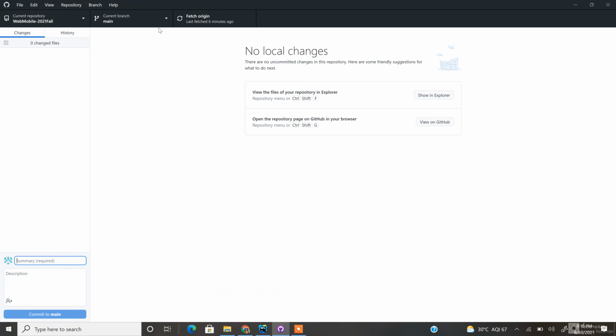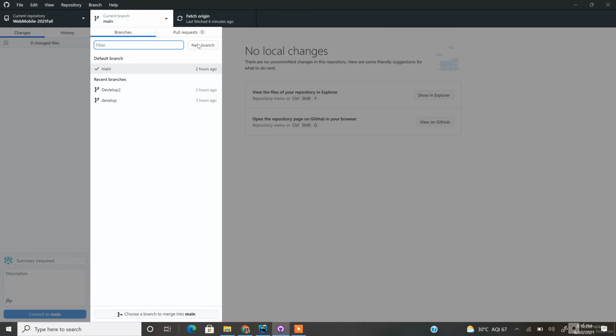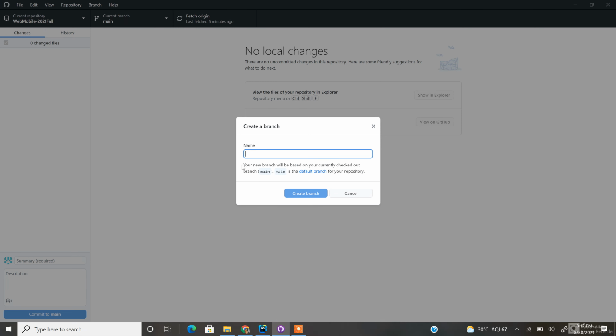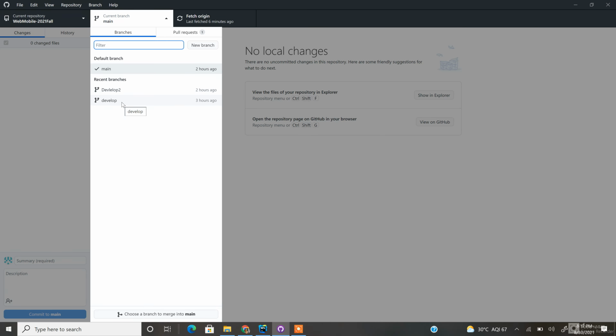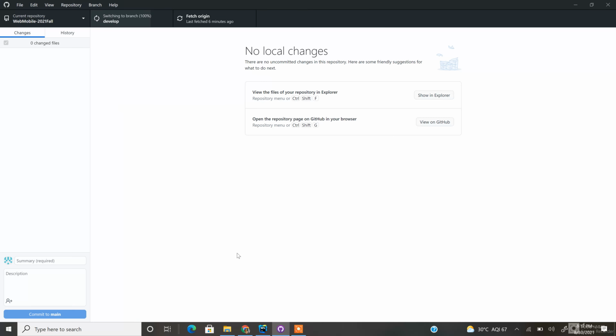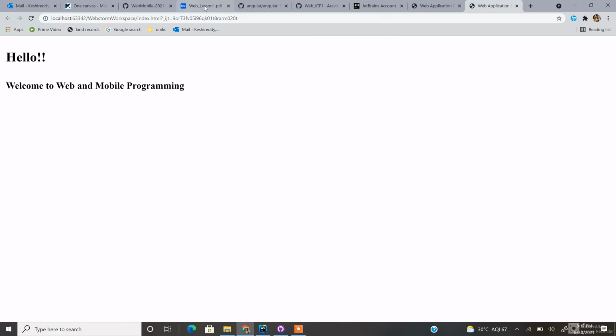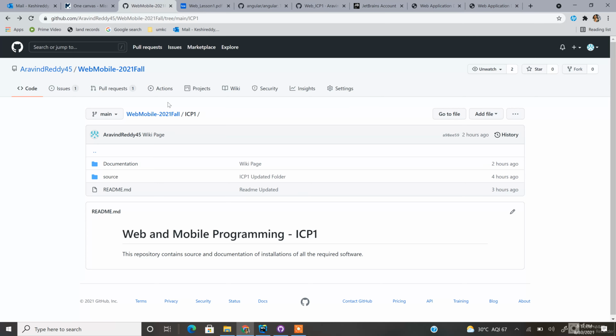And we need to push our particular operation. And for branch creation, we're just going to create this branch over here. In our case I created a develop branch, and I made a push operation for this particular pull request for this development.